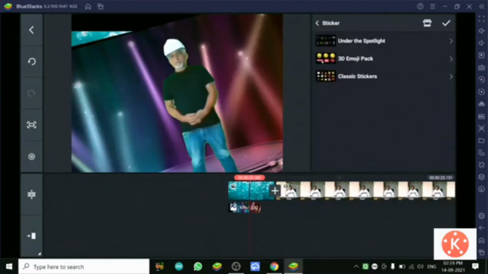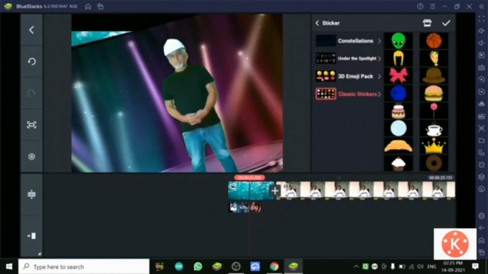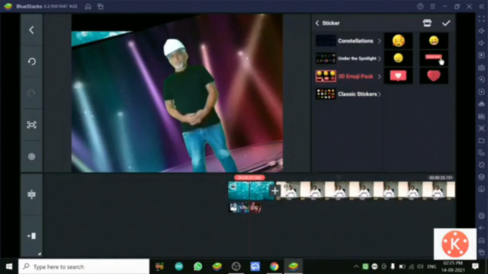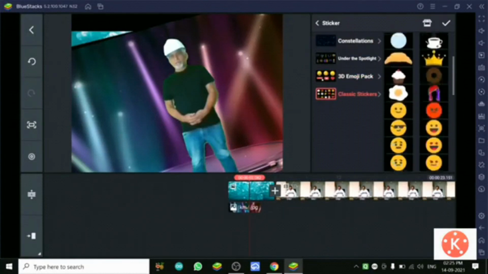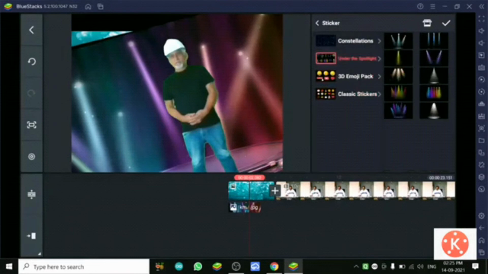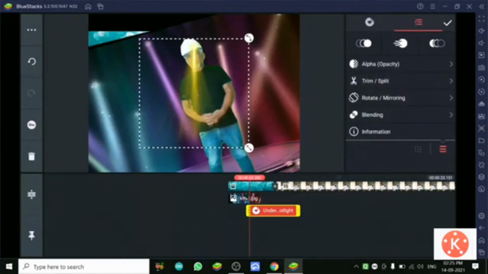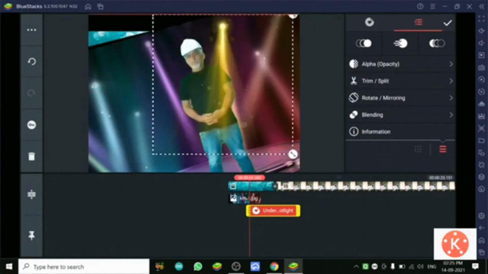Now I will go to media and give it some effect. I selected a sticker from the layers. Now I will choose one sticker from here and I will put it on. See, our play head should be on that video where we are going to give this effect. Check the play head. It is in the center, so it will come in the center on that part only. Now we can enlarge it, this sticker effect.